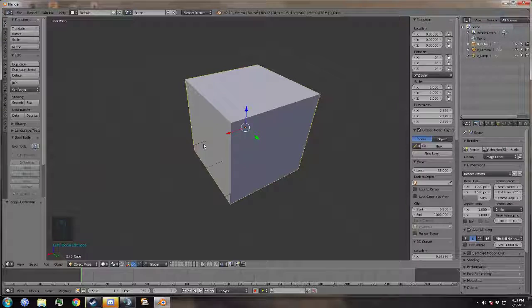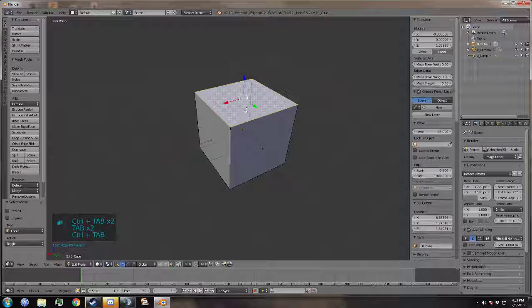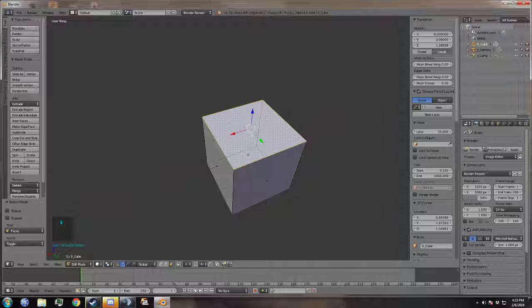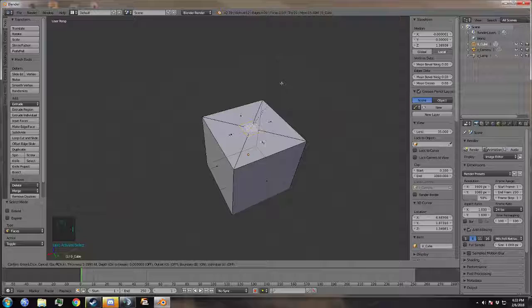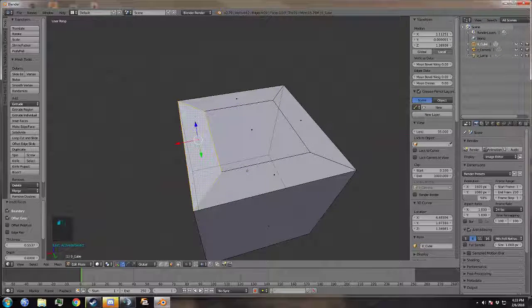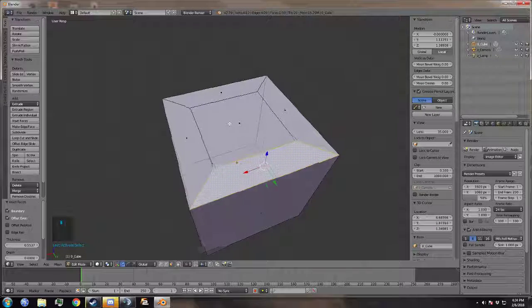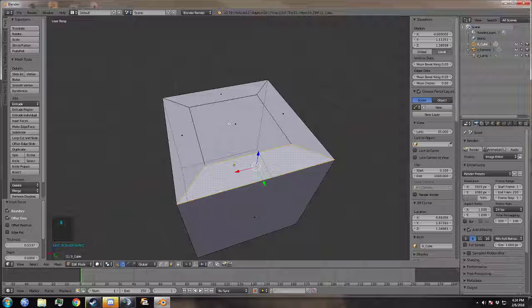What else? Okay, yeah. Let's say you select a face. Another useful tool is I for inset. Inset is only in edit mode, as is extrude. Inset creates a face with 4 faces around it. Now this is very good because in 3D modeling you want to keep quads,